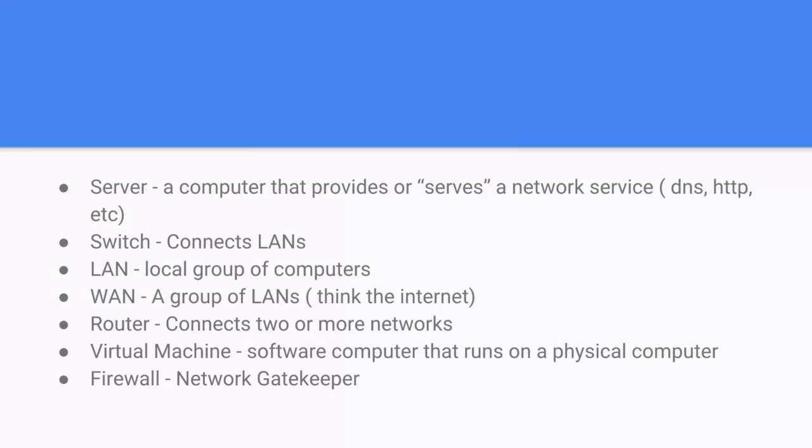What's a router? A router typically connects more than one LAN, or in a broader sense, connects multiple LANs or connects WANs, right?